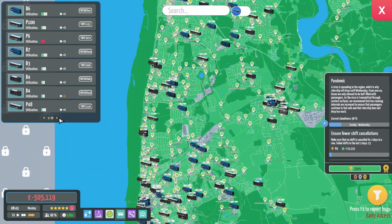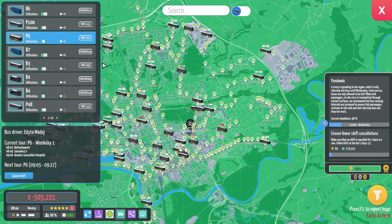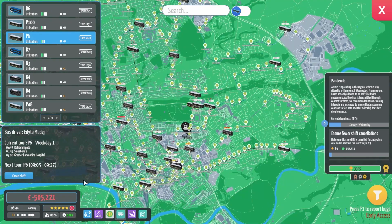I don't know why. There's a P6 there that was packed. Well, that's Preston. Not really bothered about Preston buses at the moment. I say that as Preston do actually make us decent money. I've just not really looked at Preston buses because I'm more focusing on getting the buses electrified. Although we do definitely need to look at...